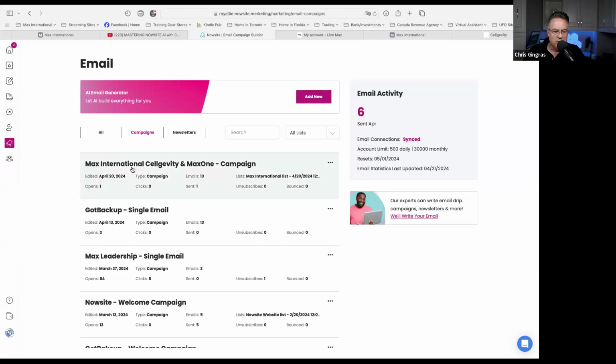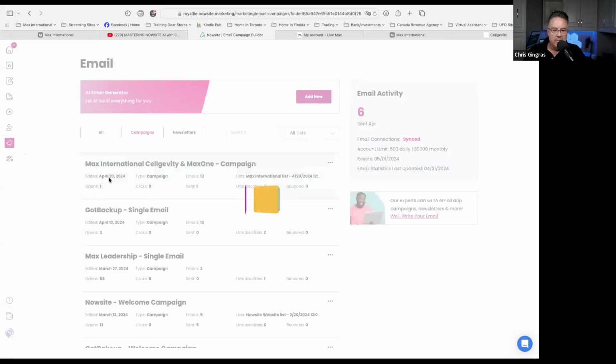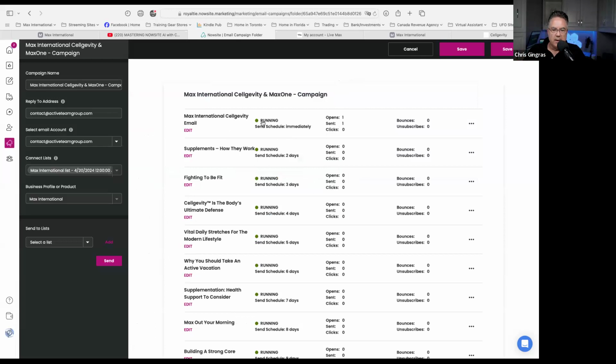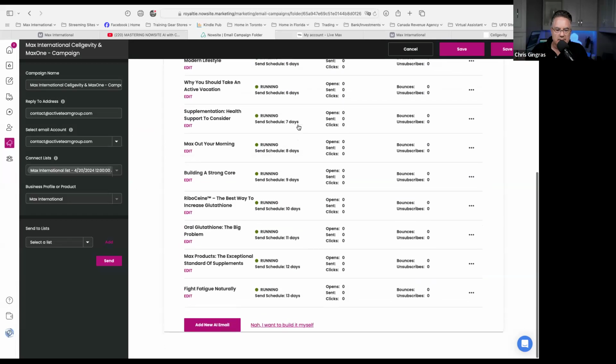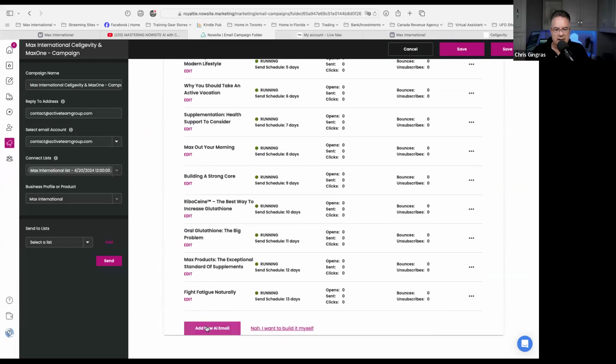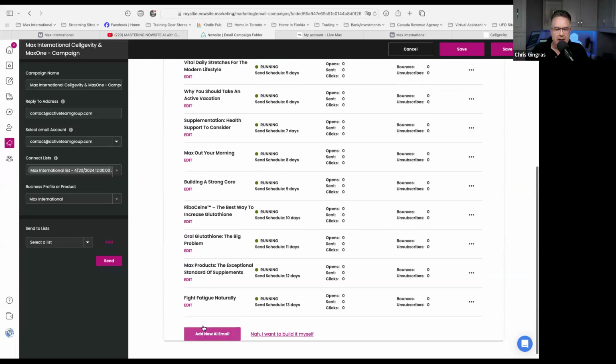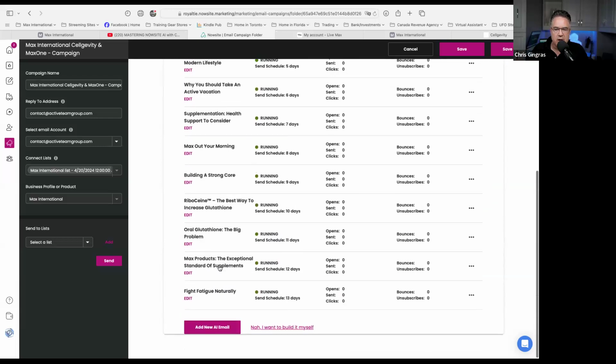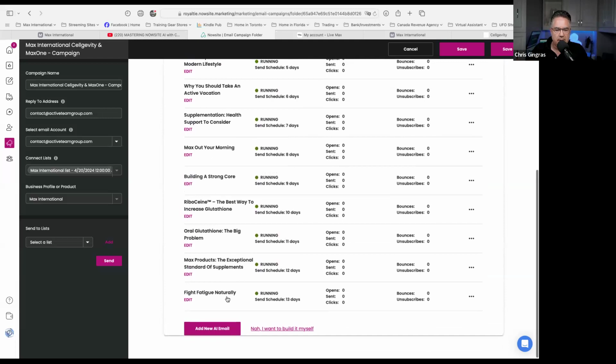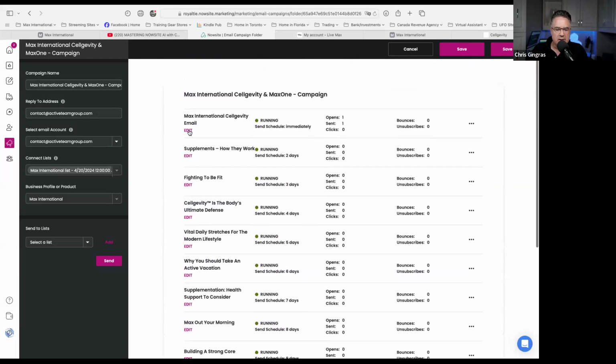So now I just want to focus, for example, on Max International. I got 13 emails over here. So what happens here is this is the lead that came in yesterday. I guess he opened the email that I sent, and as you can see, it just started recently. When you create your emails, I can send you all of those emails. I can share this with you, that is not a problem. But obviously, you may want to personalize it. So the first one,